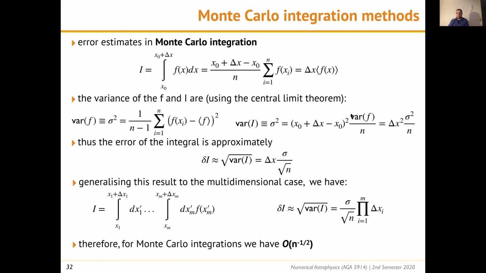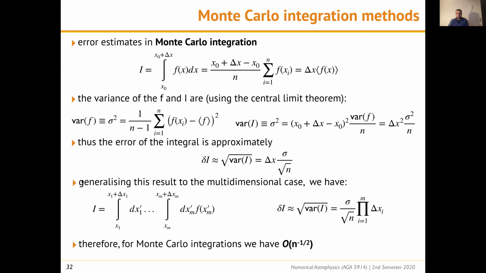So the calculation of the variance is like this. It's easy. So the variance of the integral is delta x squared standard deviation squared divided by n. And if we take the square root of the variance, which is the order of the error, that's delta x sigma, so the standard deviation divided by square root of n. Therefore, the error of the integral goes with the square root of n